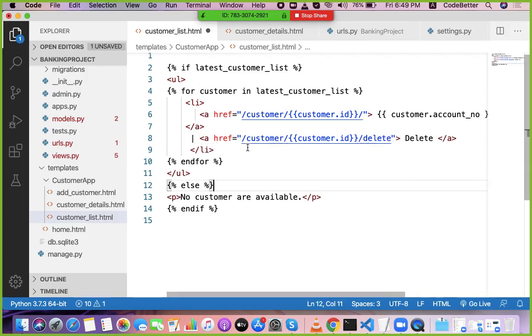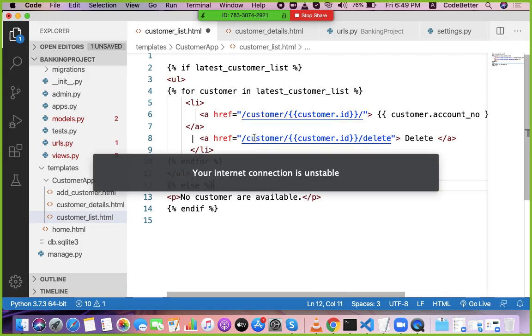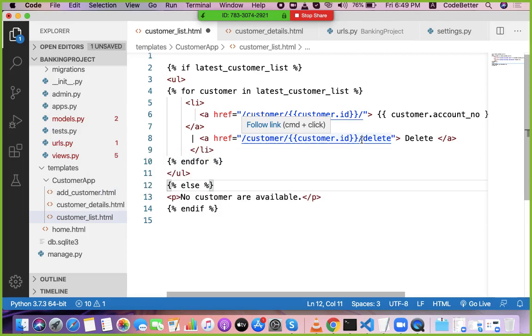So whenever we get a URL like customer/23/delete, it should delete customer 23. If we have a URL like customer/45/delete, it should delete customer 45. Or, since delete operations may be confusing, I can write it like customer underscore delete.